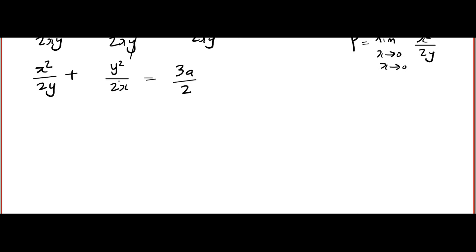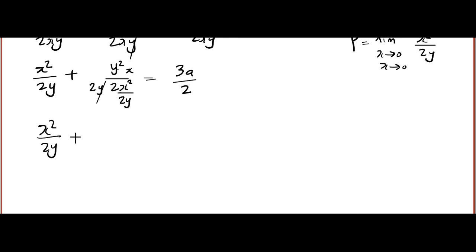If you want, you can use L'Hopital, but it will be better to make it. Okay, I am going to create that radius of curvature. So I will put x square here. I will write x as a compensation by 2y here, and I will write 2y here as a compensation. So I will get x square by 2y